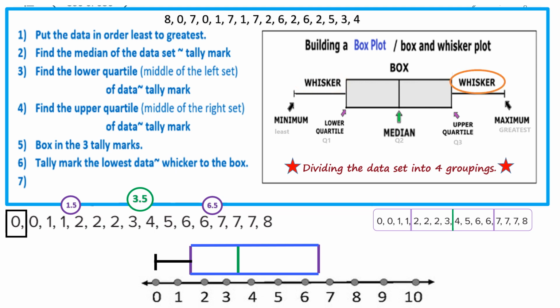Then on step 7, I do the same thing, but I'm looking for my upper whisker, and that is going to take me to my highest number or my largest piece of data. That's an 8 in this data set. So I make my tally mark above the 8, I connect it to the box. So I've created my entire box plot showing all of my data, that my data is divided into 4 equal groups when it comes to the pieces, and then I can focus in when I get to my next lesson on what I can interpret from the